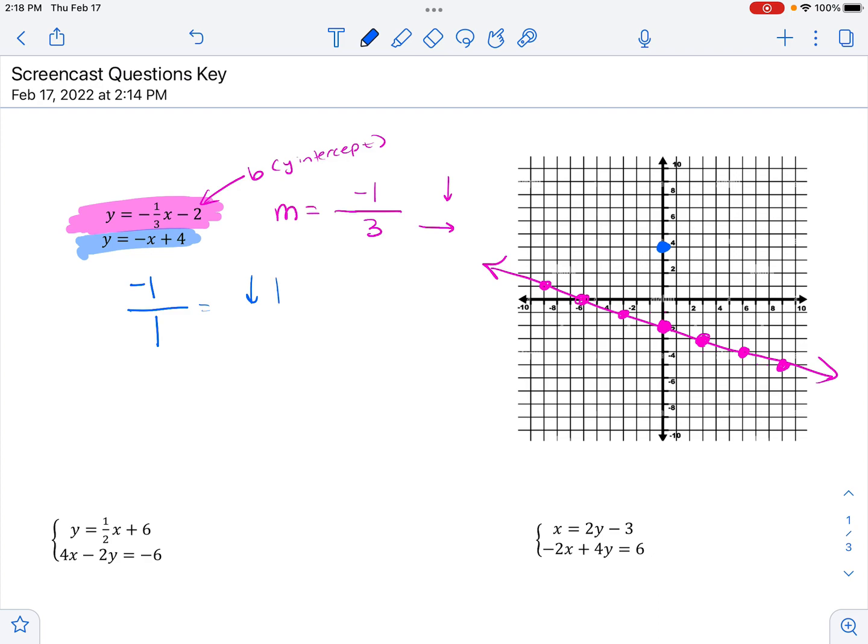Arrows are up or down. Arrows are sideways. Because this number is negative, instead of choosing the up arrow, I'm going to choose the down arrow. Because this number is positive, I'm going to choose the right arrow. And so from the blue dot that I've already made up here, I'm going to move down 1, right 1. Down 1, right 1. Down 1, right 1. Keep doing this